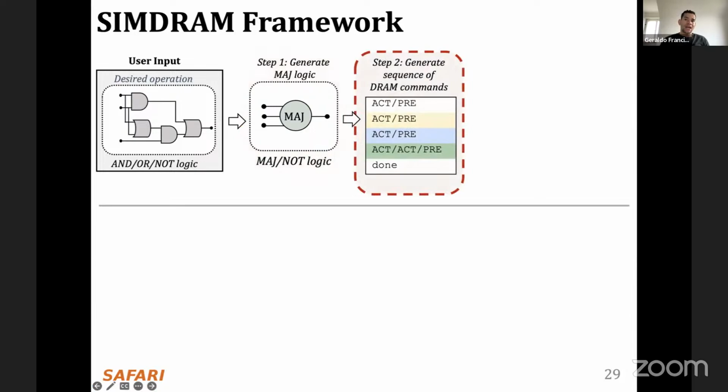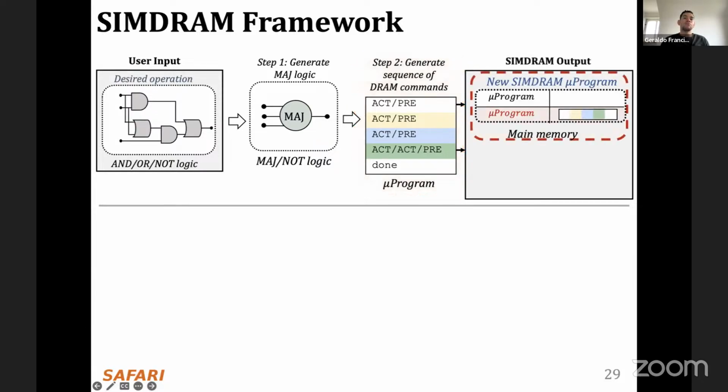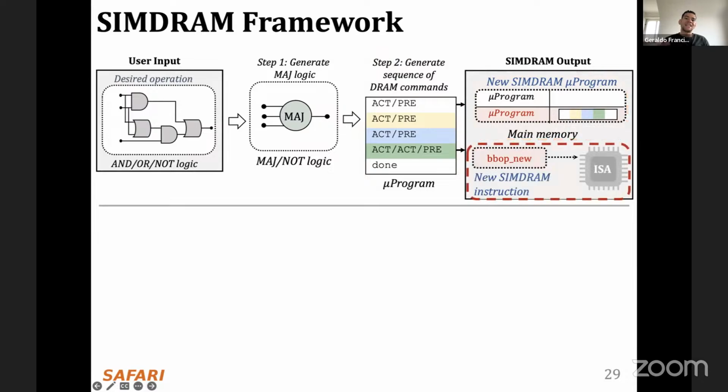The second step allocates DRAM rows to the operands, inputs and outputs, and generates the required sequence of commands to execute the desired operation. This step outputs a microprogram, which is the optimized sequence of DRAM commands that is stored in the main memory and will later be used to execute the operation at runtime. A new SIMDRAM instruction called BBOP is created as an interface to the microprogram and then added to the